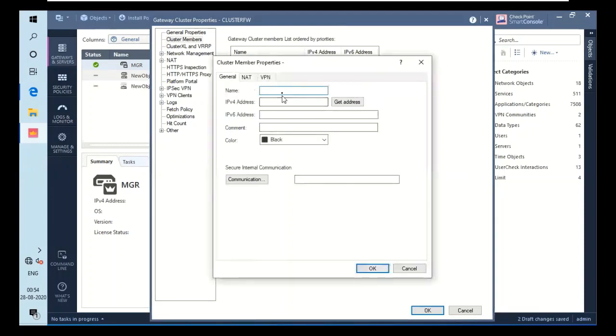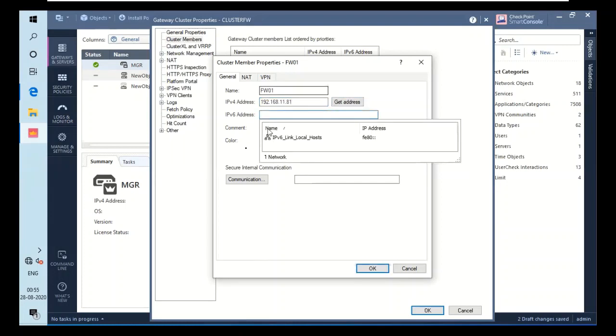I will add the name of the cluster member, firewall 01, and give it an IP, 192.168.11.81.